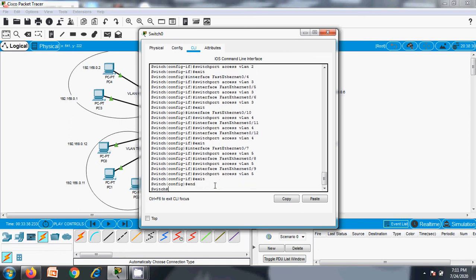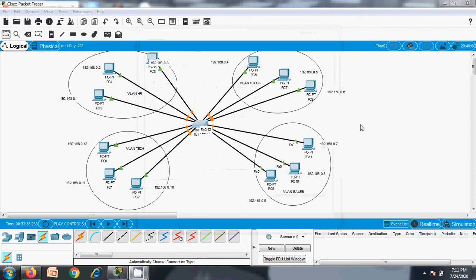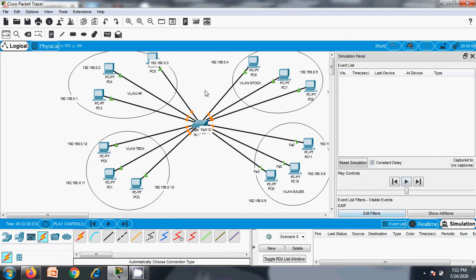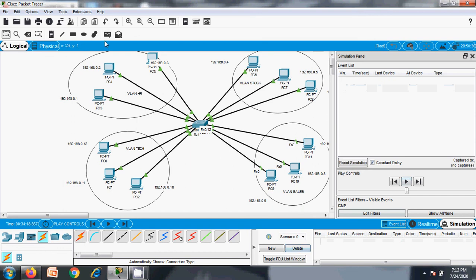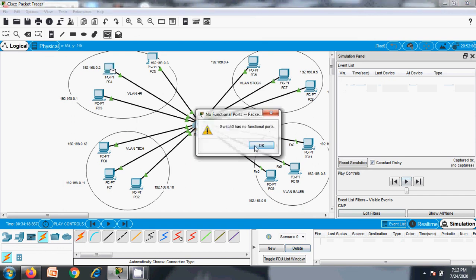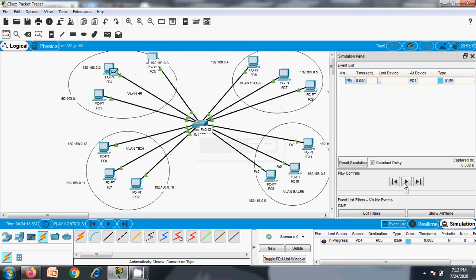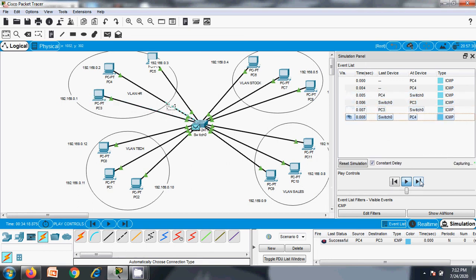So now you can check your communications. Let's try a communication simulation. Let's try communication within the department. Communication is initiated from the HR department. Okay, it reaches the switch. Okay, destined. Acknowledgement received. Okay, communication is taking place within the department.